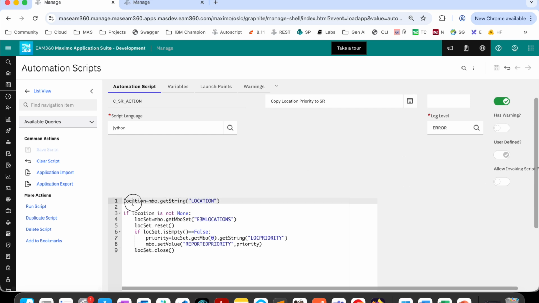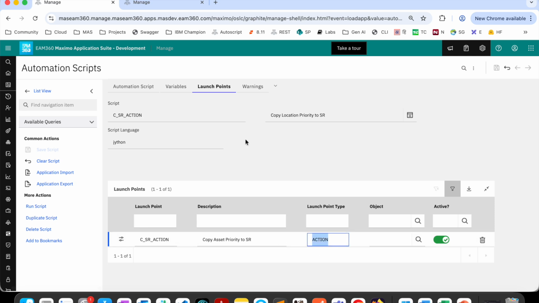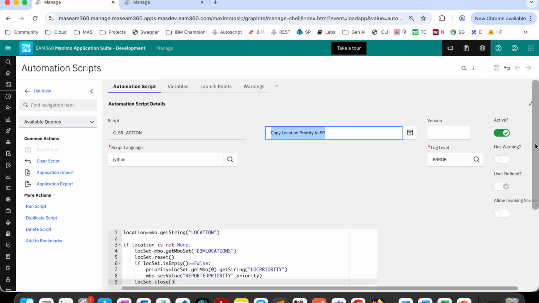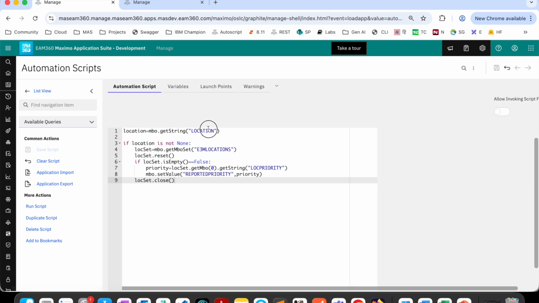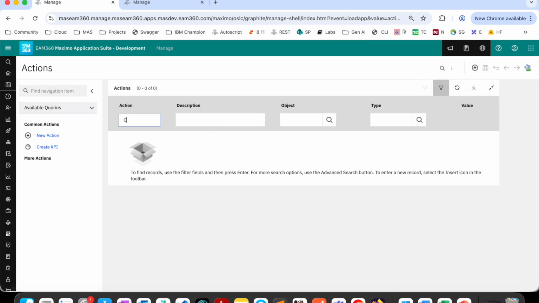So if you see the launch point, this is a launch point of the action launch point type, and what I am doing is I am checking the value of the location, which is the location of an SR, and if it is not none, then we go to the location MBO and try to fetch the location priority, and finally we set the value of this location priority into the SR reported priority. As I mentioned, if you go to actions, you will see that there is an action